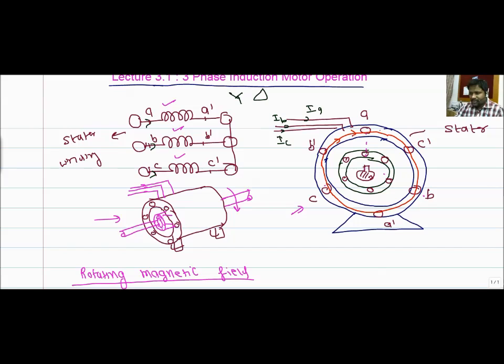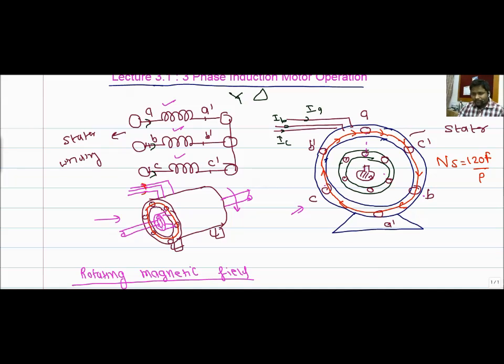So when the three-phase supply is given to the three-phase balanced winding, there is a rotating magnetic field which rotates at a synchronous speed Ns equals 120 f upon P at this stator coil. This rotating magnetic field is always rotating in nature. So the concept is that when a three-phase supply is given to the stator, the rotating magnetic field rotates in